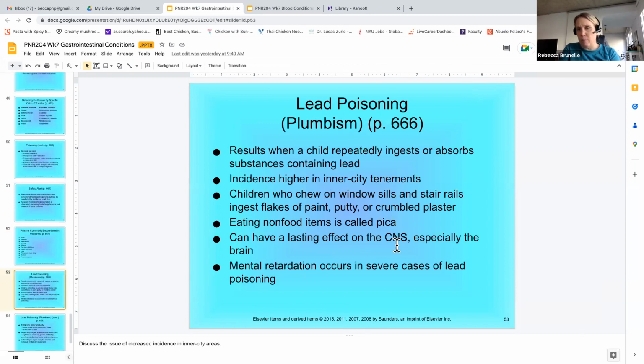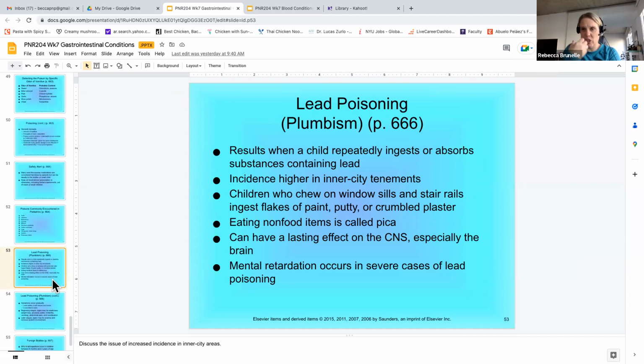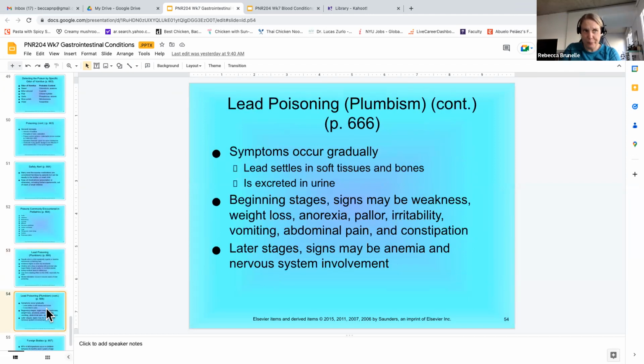So why do we worry about lead poisoning? What's the potential thing that could happen if a child has too much lead in their body? Developmental delays, cognitive brain damage. Brain damage. It can cause permanent brain damage and mental retardation. So it is something that you really need to be aware of. And like I said, it's usually in the older homes where they have lead-based paint that was used, and they're eating some of the lead-based paint chips.